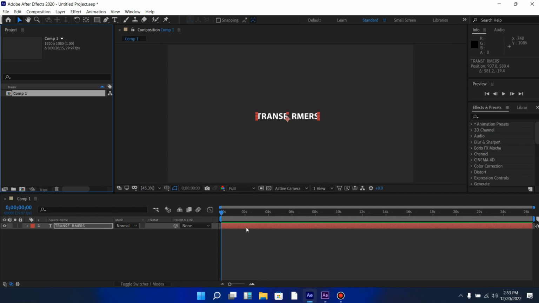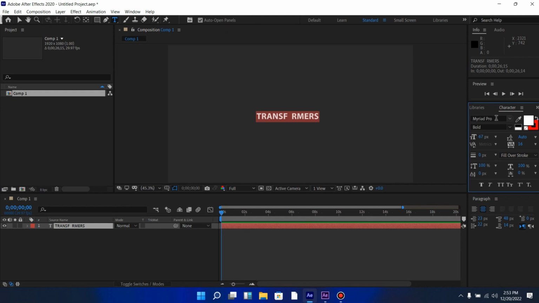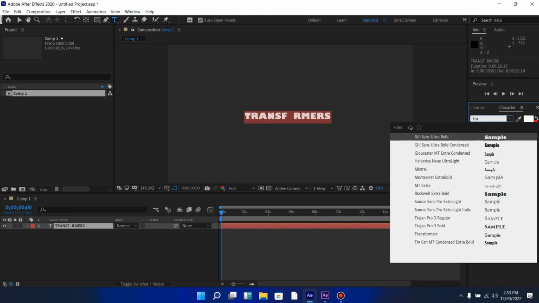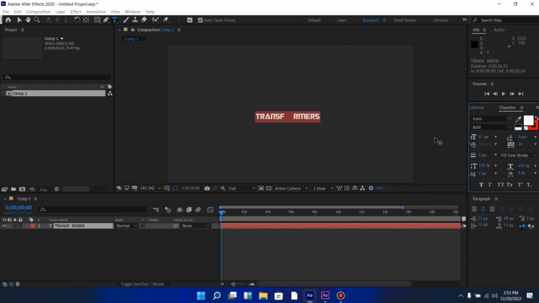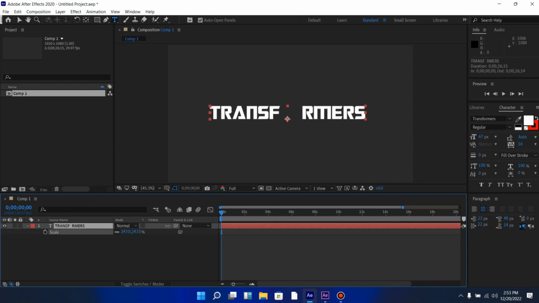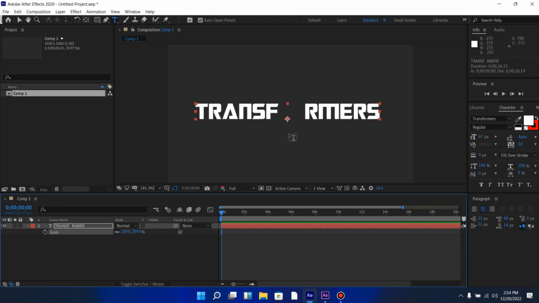So I'm going to be changing the text to the Transformers font. If you don't have it, you can check the link below to download it, or you can just search for Transformers free font download. So we have this now. So I need to scale this up a bit. Yeah, so this is good enough. So the logo will actually be here on this part. Yeah. So now the next thing we need to do is